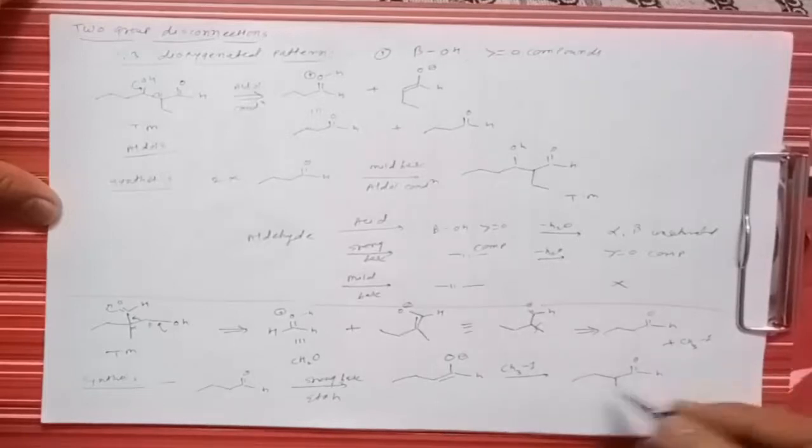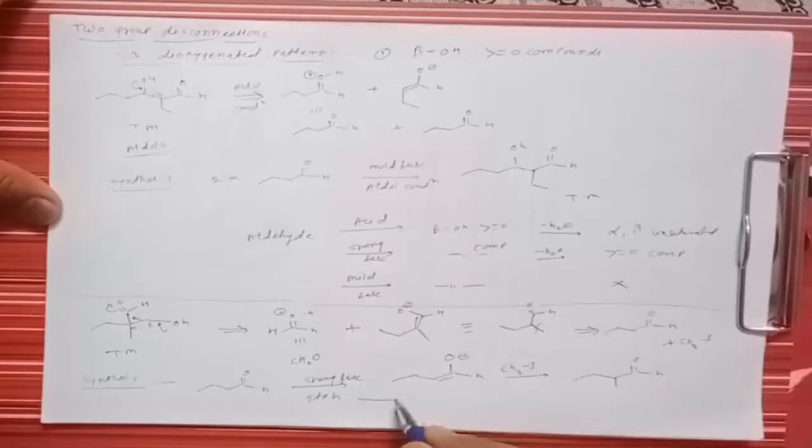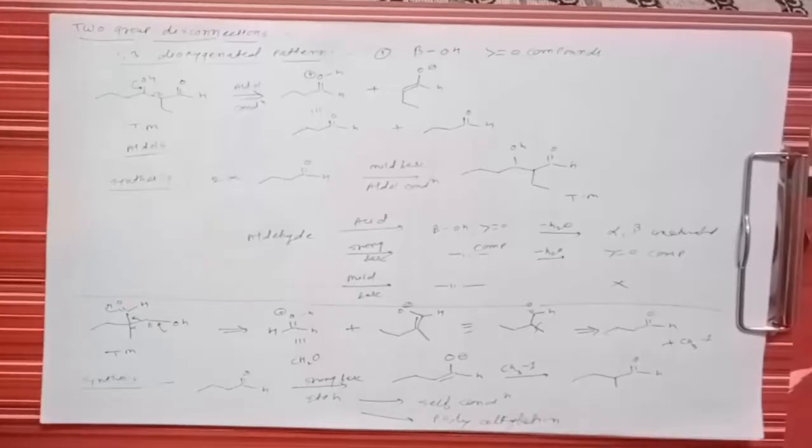That means the compound which we want, but sometimes the reaction will give a self condensation. So it gives self condensation and it gives aldol condensation reaction, or sometimes this reaction will go for polyalkylation. That means when we take this aldehyde and treat it with a strong base, it gives an aldol condensation reaction, that is self condensation, polyalkylation, and it gives an anion, we can say carbanion, which will be treated with a further molecule, so it gives a desired molecule.